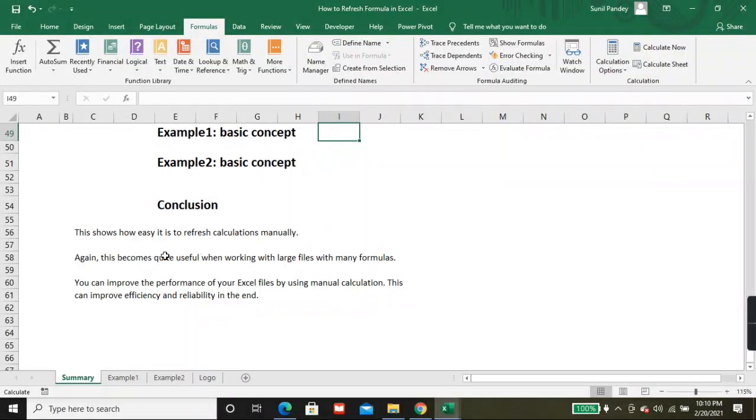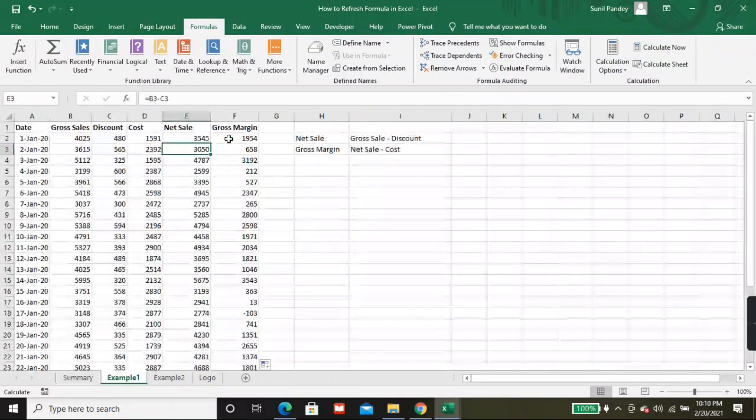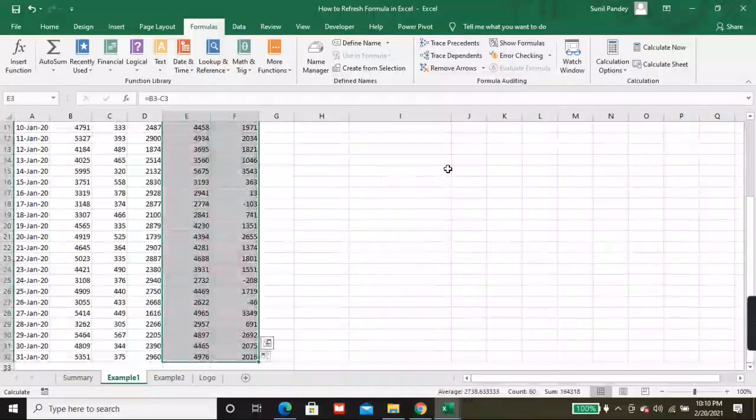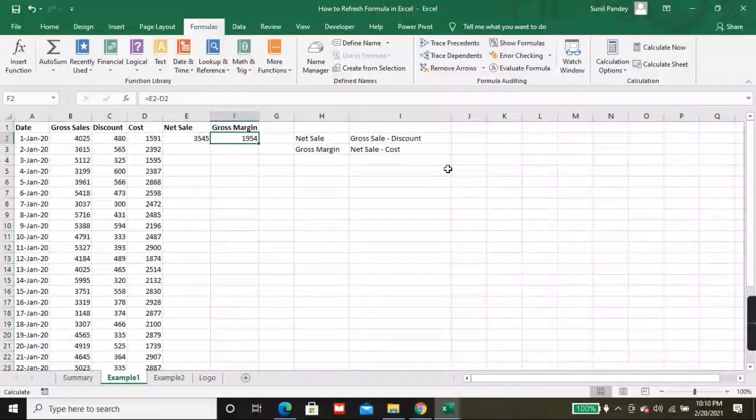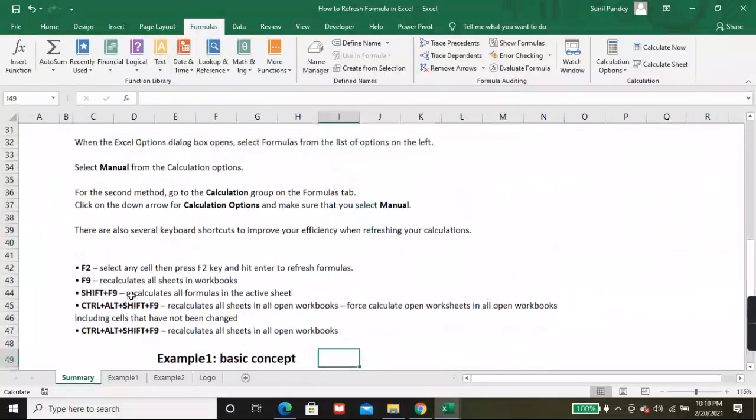This shows how easy it is to refresh calculation manually. Let's see the shortcuts also. I'll delete it and drag it.